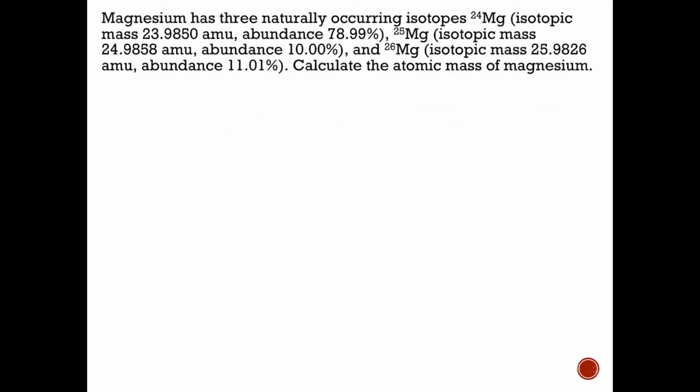Magnesium has 3 naturally occurring isotopes, and it gives you the 3 isotopes. So magnesium 24, so this is the mass of this isotope, but we have an actual mass here. So this is our mass that we're going to use. This up here, this 24, that's just the mass number. And then we also have magnesium 25 and magnesium 26. So since for all of these we have the mass and the percent abundance, we can just plug it into